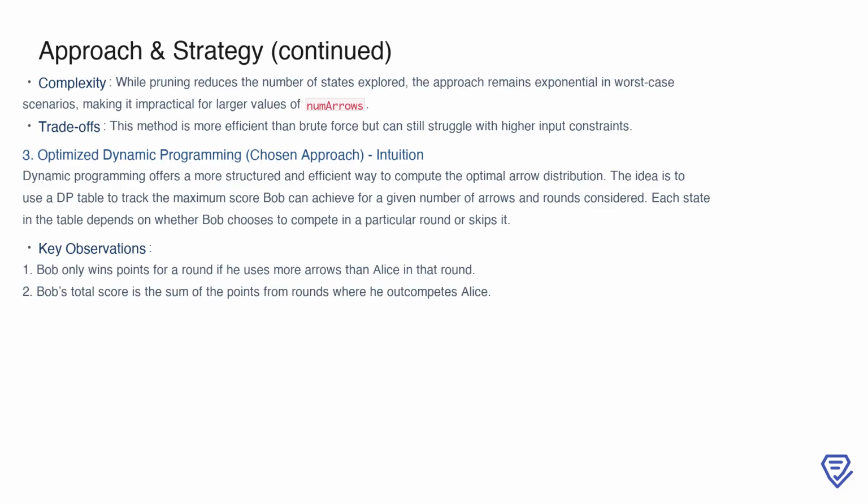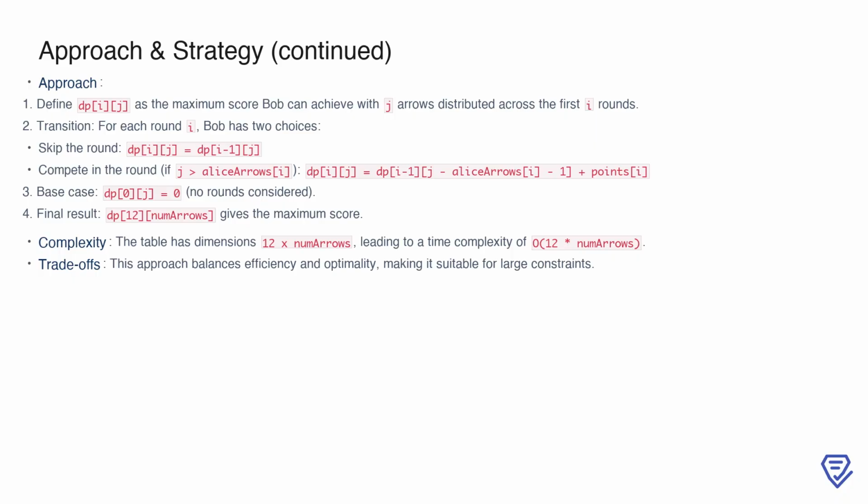solution. To implement the dynamic programming approach, we define dp[i][j] as the maximum score Bob can achieve with j arrows distributed across the first i rounds. For each round, Bob has two choices: skip it or compete. If Bob skips the round, the value of dp[i][j] remains the same as dp[i-1][j], which represents the score without considering the current round. If Bob competes, he needs to allocate more arrows than Alice used in that round, which requires